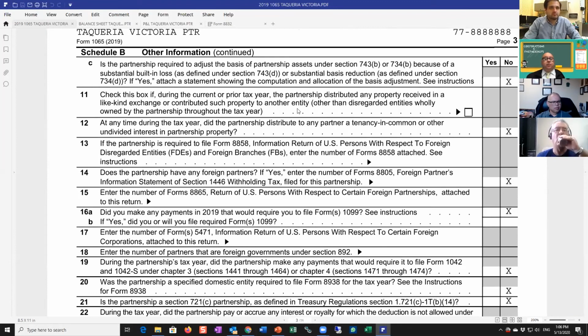Number 11, distributed any property received in a like-kind exchange. So if you did a like-kind exchange, section 1035, you would click the box. If you redistribute any kind of property to your partners, we're gonna mark yes. When you distribute cash, that's usually no. They're talking about